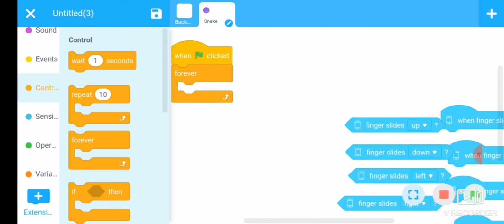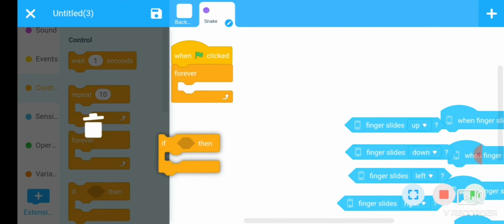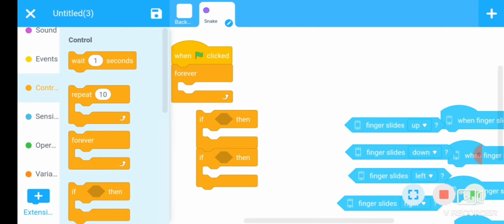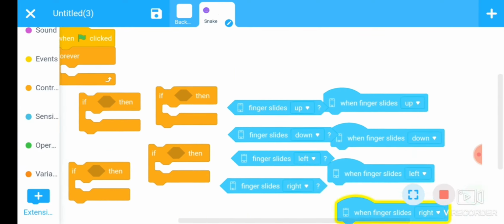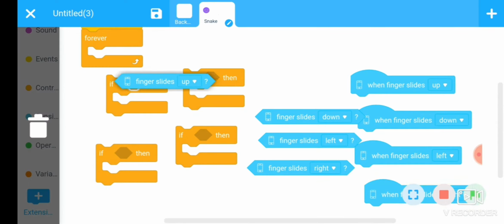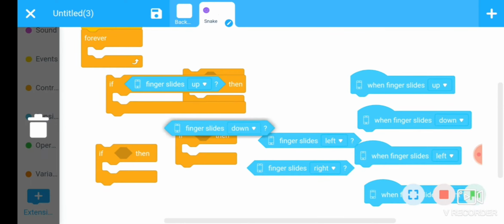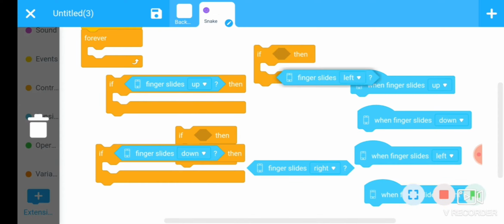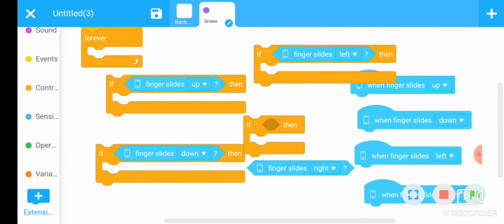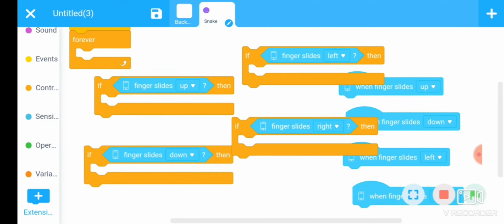Now we will choose the if-then block 4 times for 4 different conditions. One for slide up, down, then left, and last one for right.